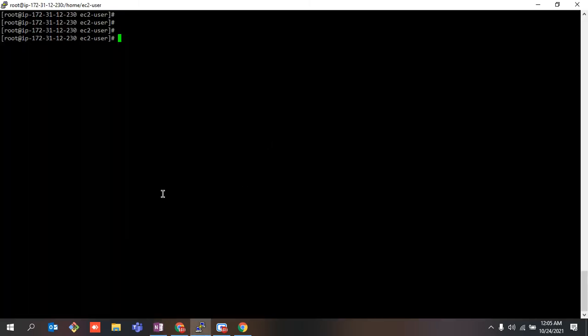So I'll simply write it over here: docker run -itd --name container2 ubuntu. Ubuntu is the image or the OS, /bin/bash, right? So this is the command with the help of which you can create a container.